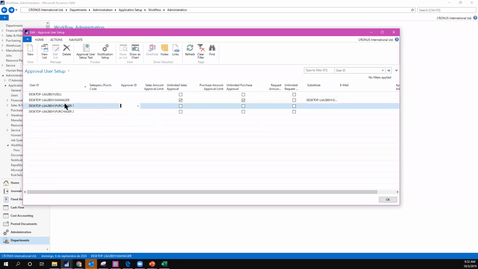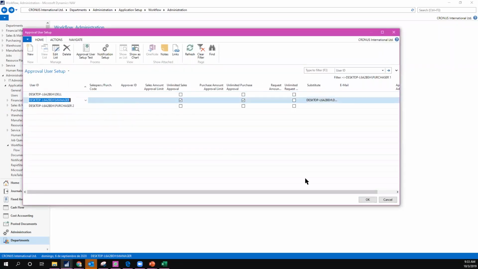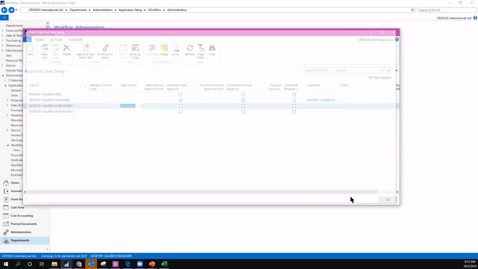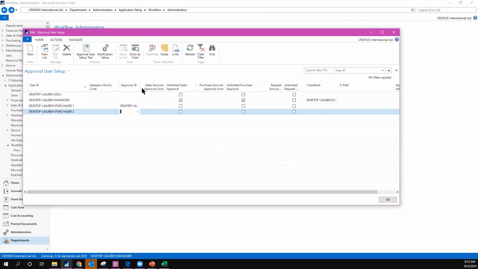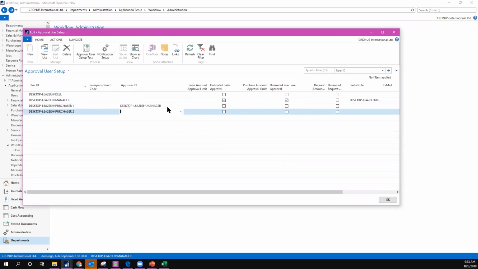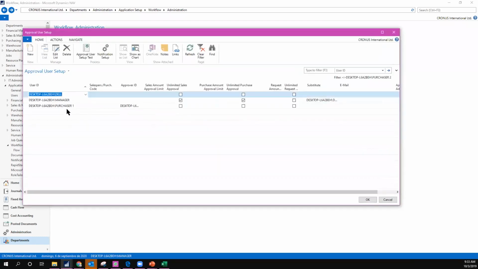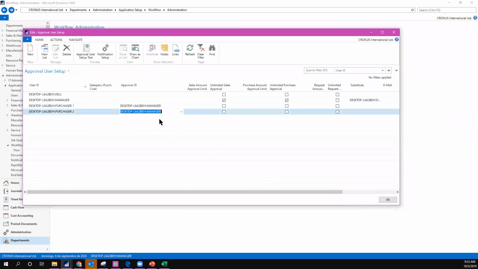Okay, the error is here. Once we create the specific hierarchy, we need to specify which of these users will be the direct approver of, in this case, purchaser 1 and purchaser 2. So I have an approver ID column for purchaser 1, and this person will be responsible for approving the documents that purchaser 1 creates, which will be, in this case, the manager for purchaser 1 and purchaser number